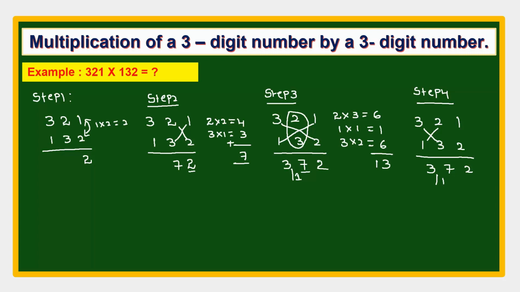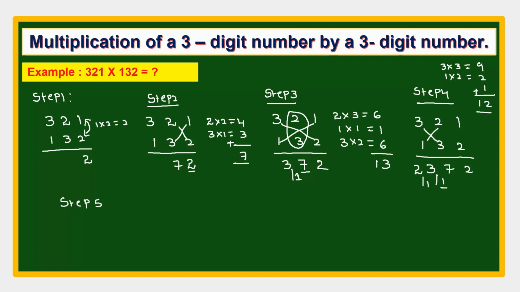It means 3 into 3, 9. 1 into 2 means 2. And carry forward 1 also we have to add. So 9 plus 2 plus 1, 12. Right. Now what we have to do? We have to write 2 here and carry forward 1 down. And next,